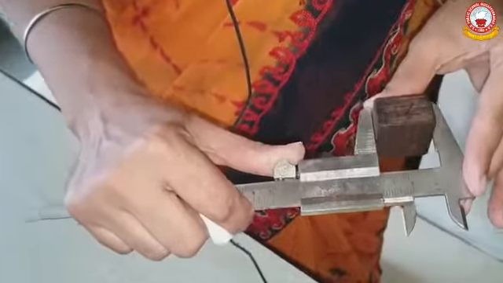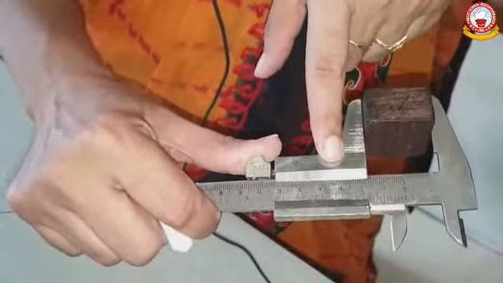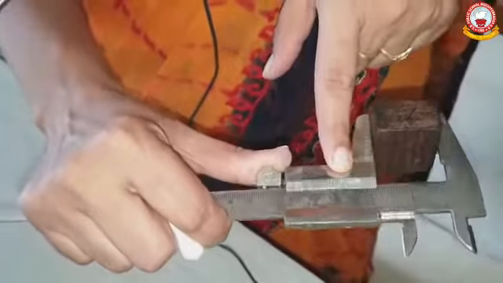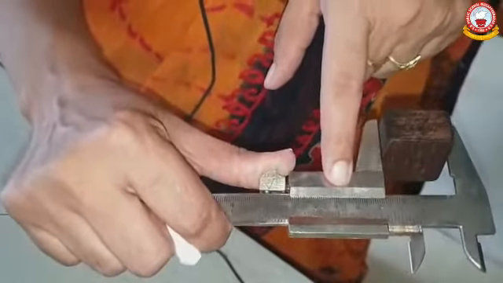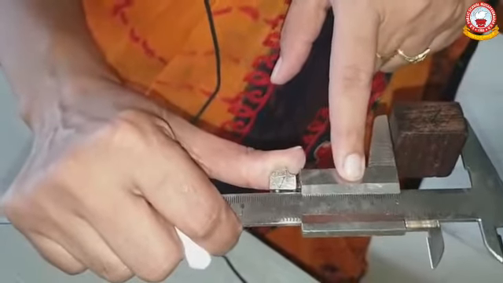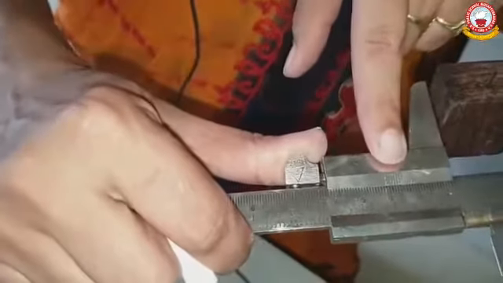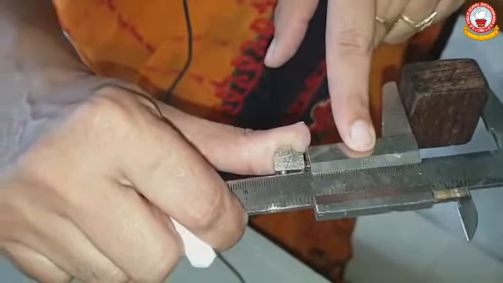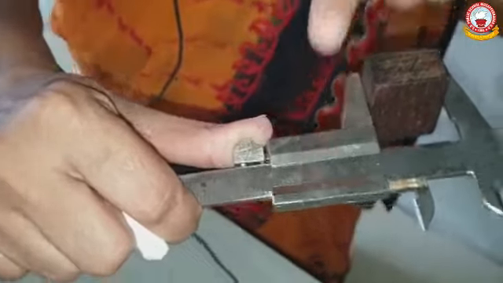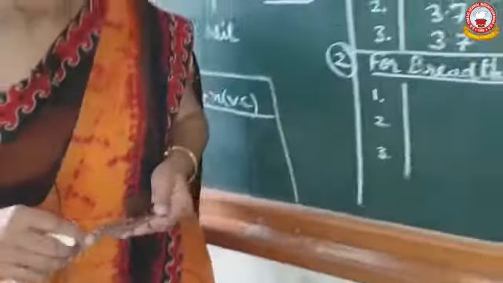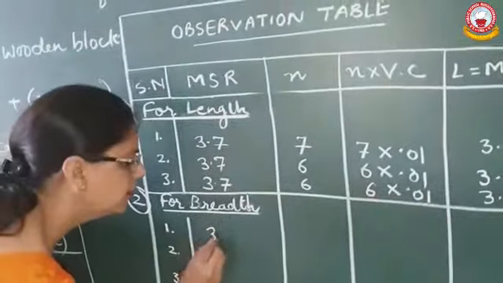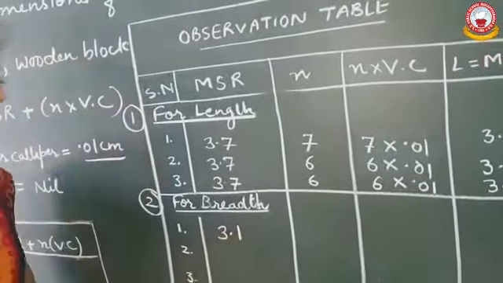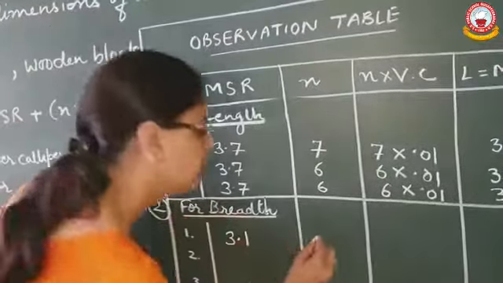Main scale reading is 3.1, and the number of divisions coinciding is, you can also observe very carefully, it is the third one. So main scale reading 3.1, number of divisions coinciding was 3,